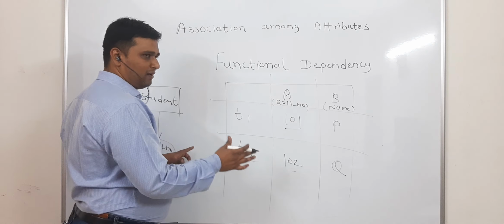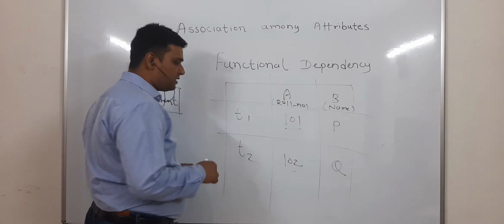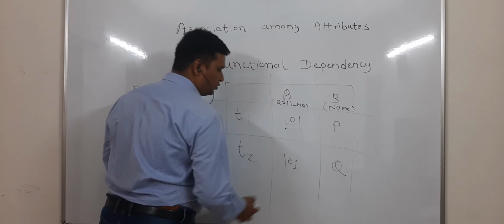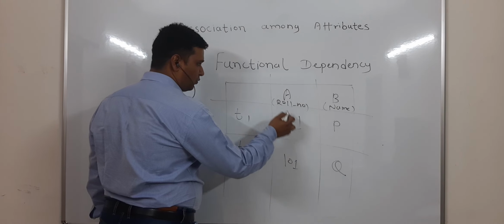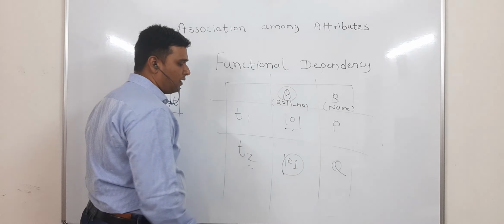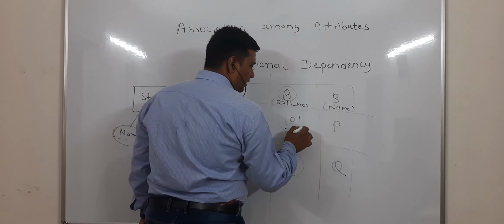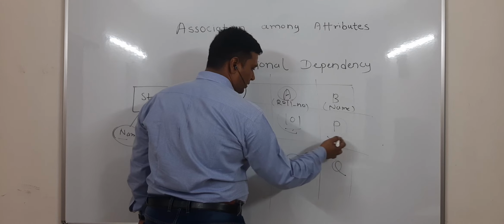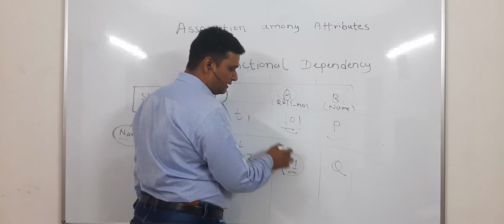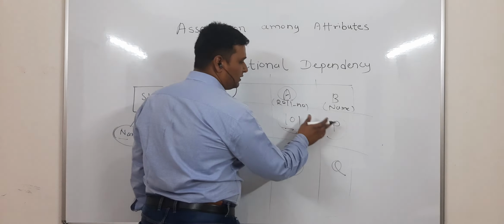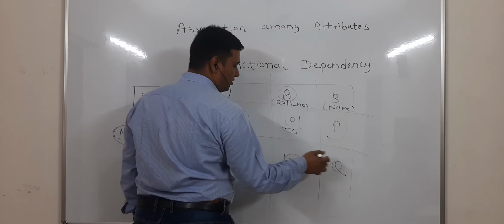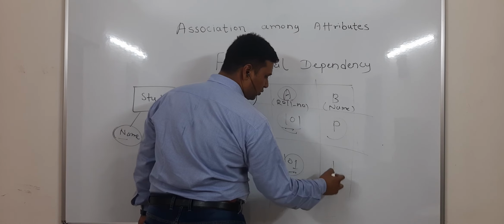So how we can identify A determines B? The best thing is if this table have 101 here, let's say T1 have 101 for A and T2 have 101 value for attribute A. Now we have to check here in B attribute this column. So if 101, 101 matching here, it agrees here, tuple 1 and tuple 2 agrees here, then they must agree here. In this case they are not agreeing, so we can say A does not determine B. But if we replace this Q by P,